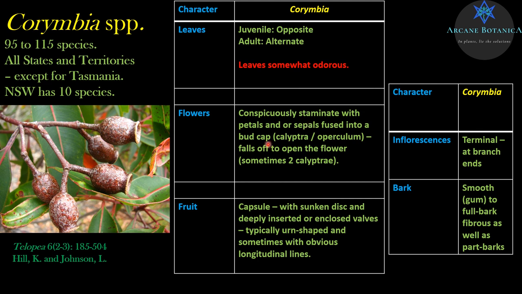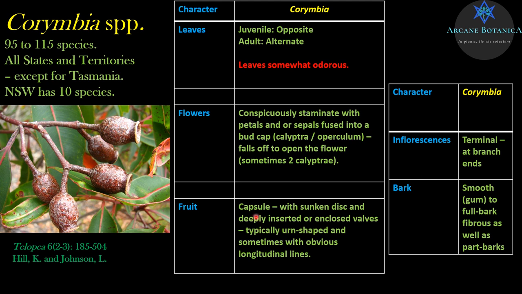So some of the species in Corymbia have that feature, and they get described as having free petals, but we never actually see the petals because they fall off, stuck to the inside of the bud cap. So that's really cool, and I'd really love to see it. But I Googled today and I couldn't find any drawings of that. Maybe if anyone sees some, you can put them in the comments. So I think we're pretty safe there. I'm trying not to make it too complicated. So this is more for the lay person and the non-taxonomist, those of us who are out there just trying to identify these trees. But that's really interesting what these guys talk about.